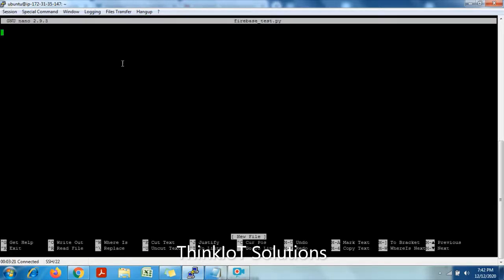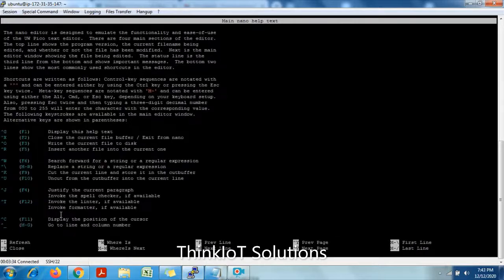So now I have entered into the Python environment. This is the Python environment I have here, and these are some of the functionalities I will be able to do on my file. This caret indicates the Control button. If I type Control G, you can see I will get the help. If I want to close this window, Control X.